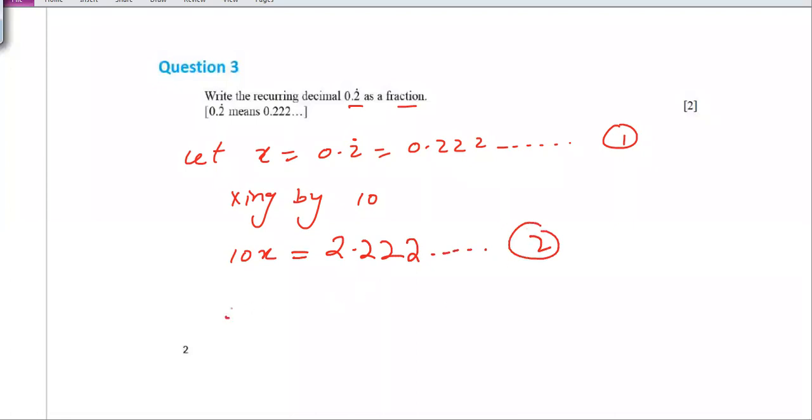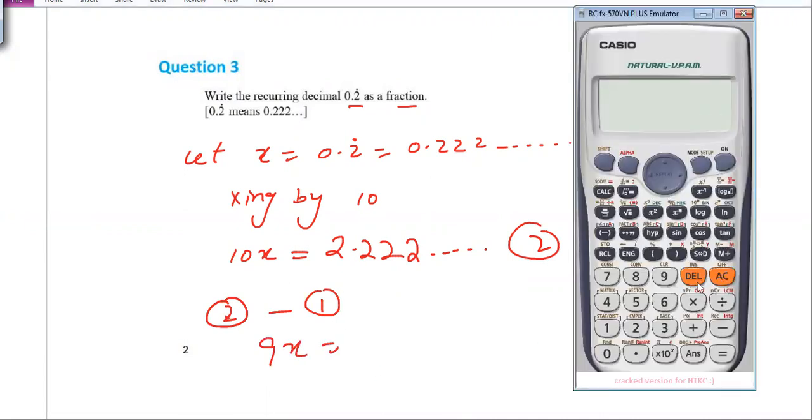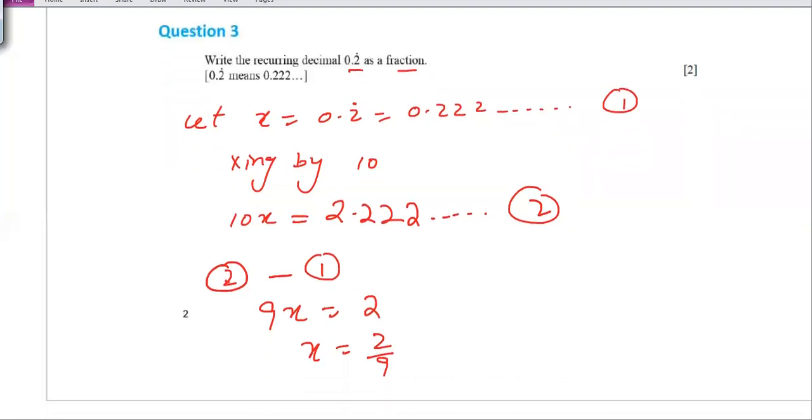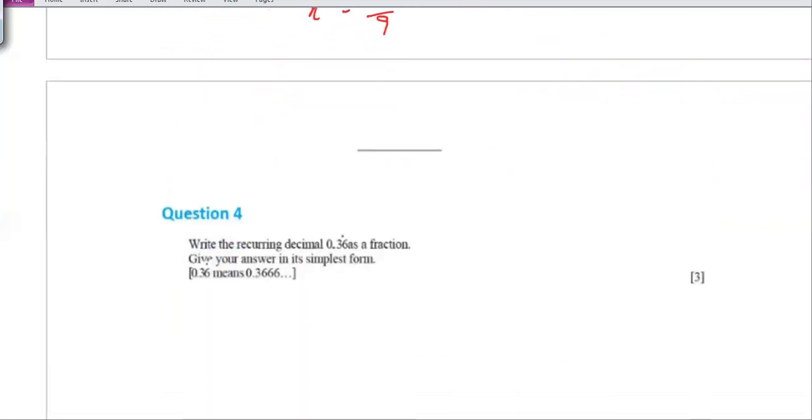Now what step do we do next? We do equation number 2 minus equation number 1. So 10x minus x will be 9x. And this minus this will be 2.222 minus 0.222, and we get 2. So what will x be? 2 over 9, because shifting 9 to the other side will divide it. It will be 2 over 9. Okay. Now, I think